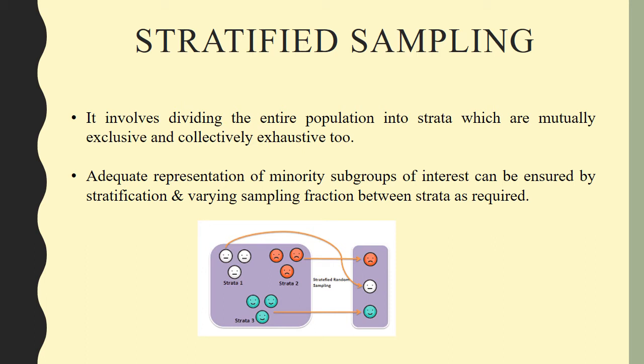So it is more efficient as compared to simple random sampling, as dividing the population into various strata increases the representativeness of the sampling, right? So that is the very good part of this particular stratified sampling, because you're dividing the whole population into groups, that is called strata, right? So the entire population into strata you are dividing, and there is an equal chance of getting selected, right? So that is a good part of this.